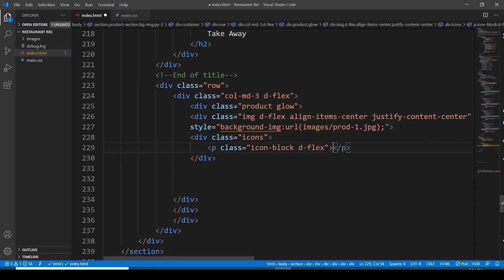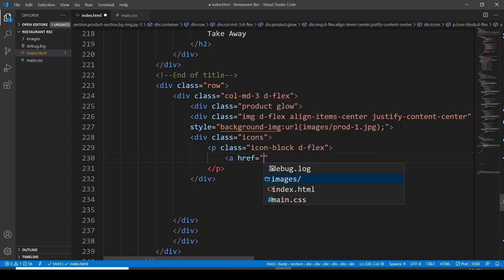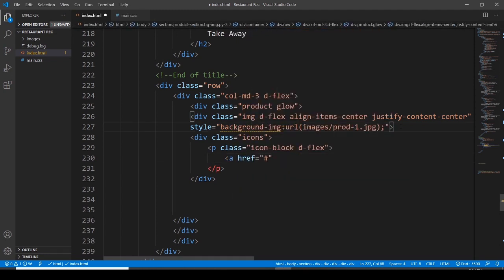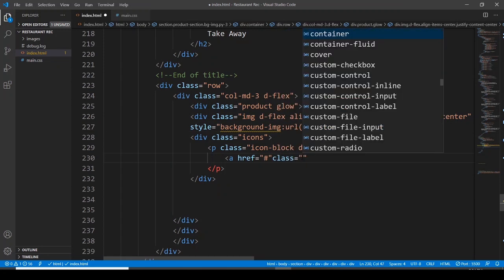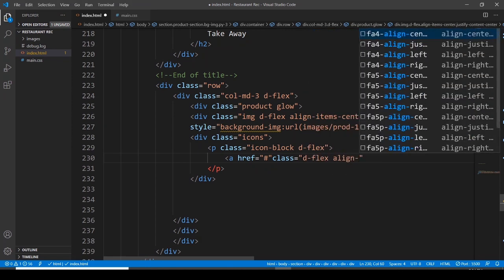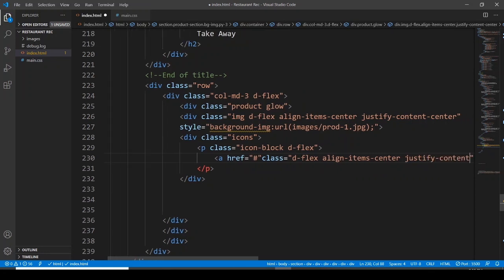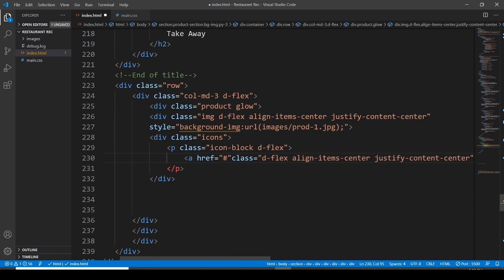flags. Then I want to have an anchor tag, there wouldn't be any link, but there would be a class, and this class is going to be display flags, and align items center, and then justify content center, and then let me bring it here. So